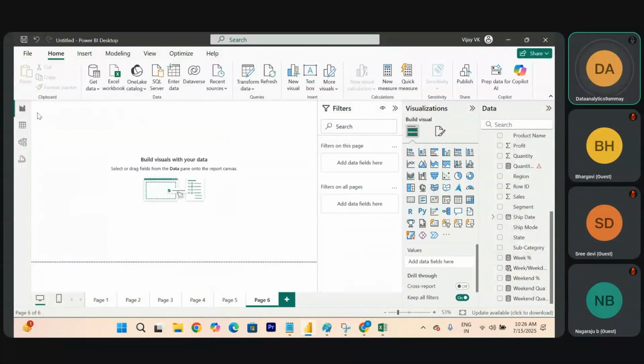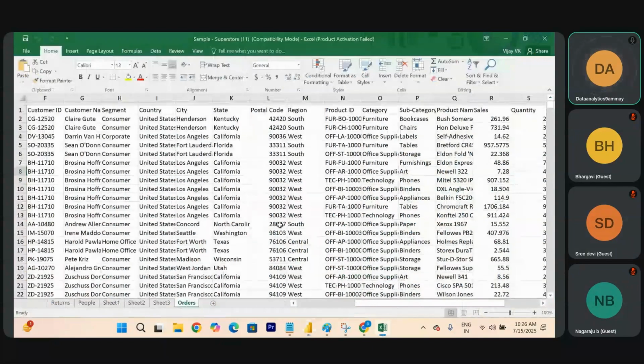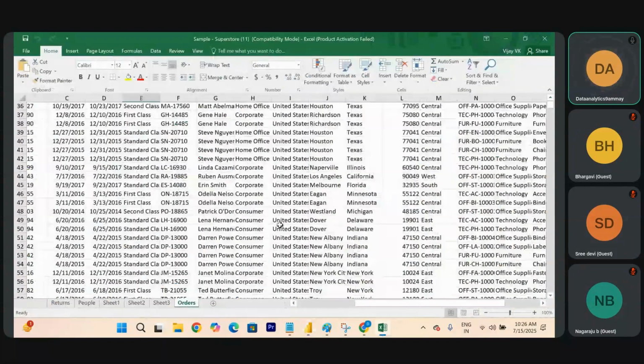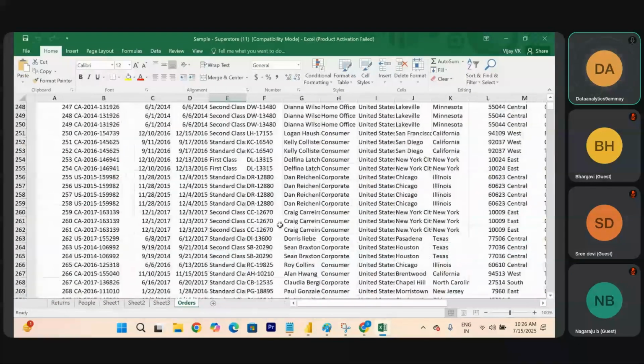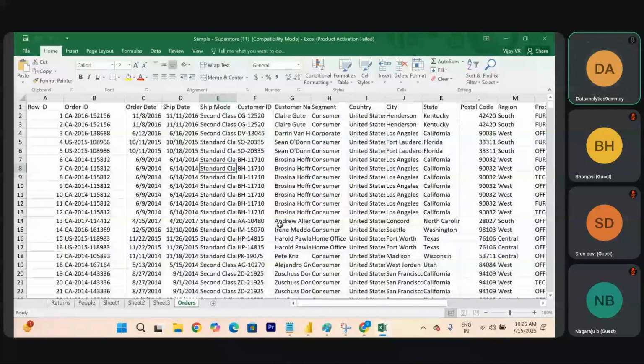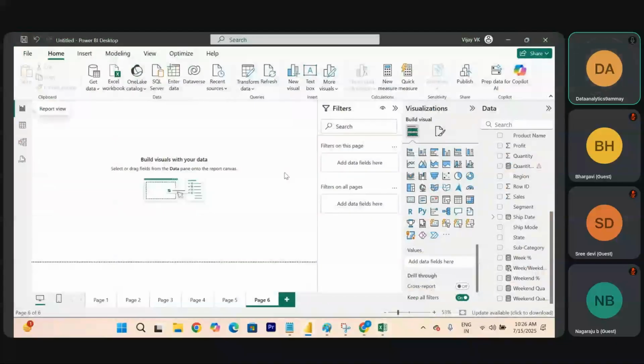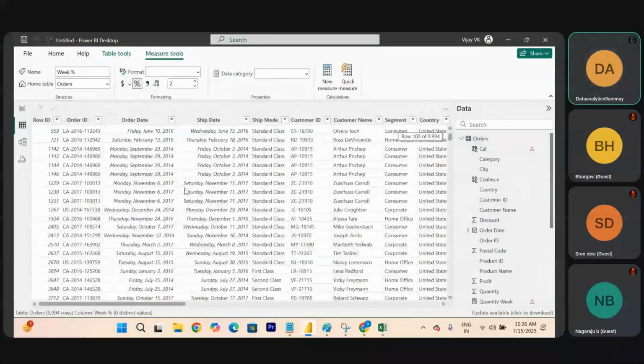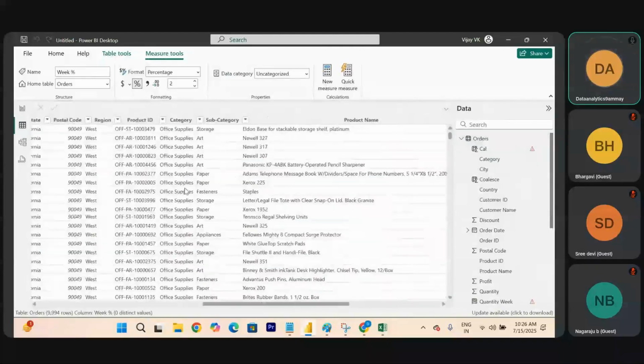Just observe here. This is the Excel sheet which has 4 years of data, almost 10,000 records, 10,000 rows. This same data I have connected to Power BI. Don't worry about that for now. Just observe. This is the Power BI user interface, and this is the data which we have connected. Whatever is there in the Excel, 4 years of data. Simple.